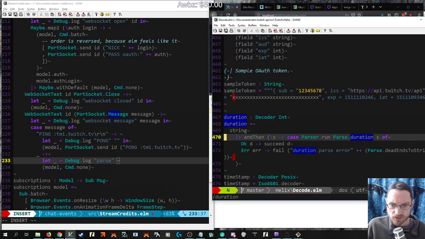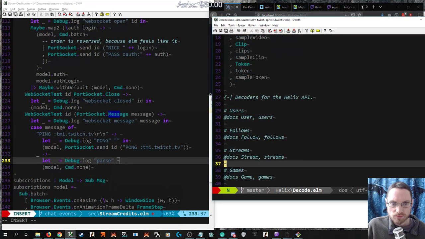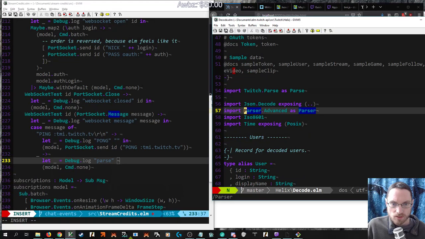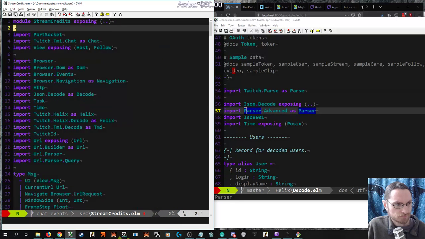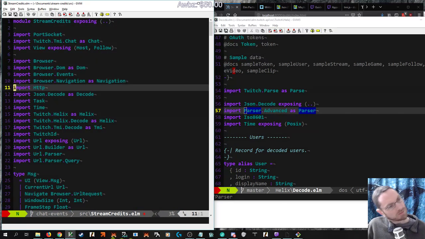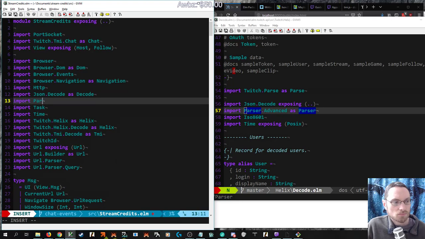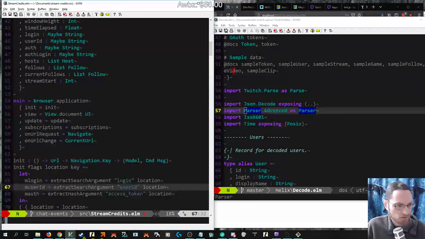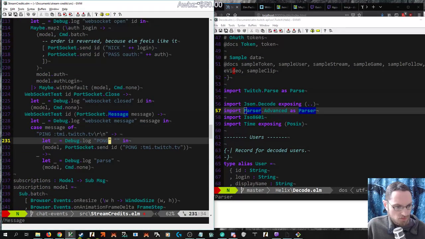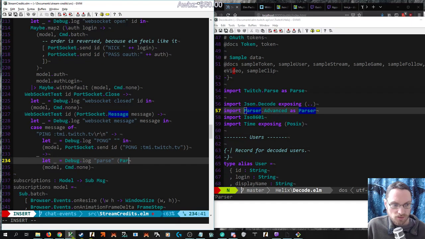Duration decoder int parser.run, parser.advanced as parser. And this is maybe something that we should be exporting from there as a utility method, but for now, Parser.run